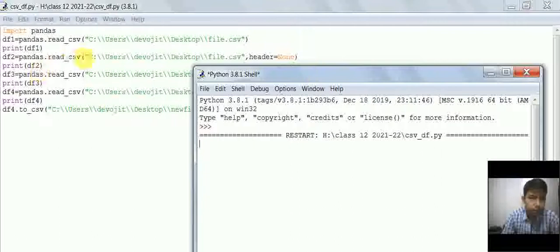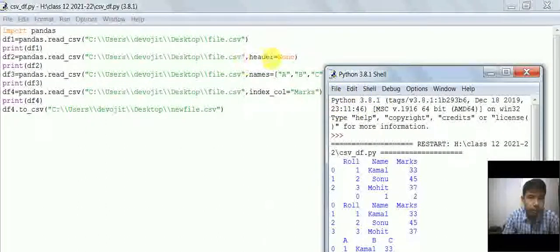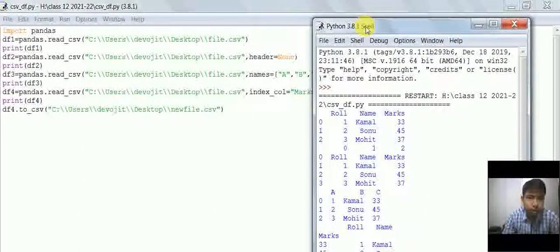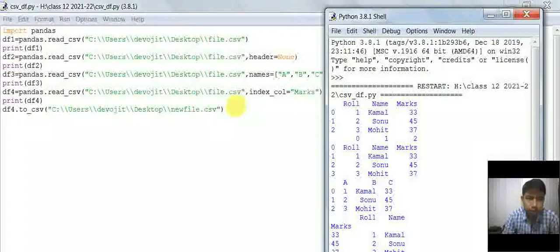Next, in this read_csv, you can see that I have specified header is equal to None, meaning the header will be 0, 1 and 2. Here, as you can see, the CSV file has been imported as a data frame.